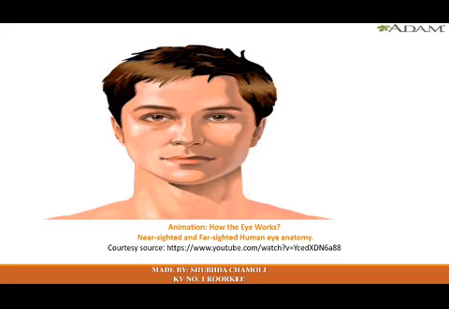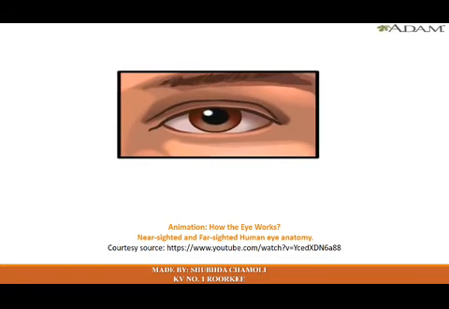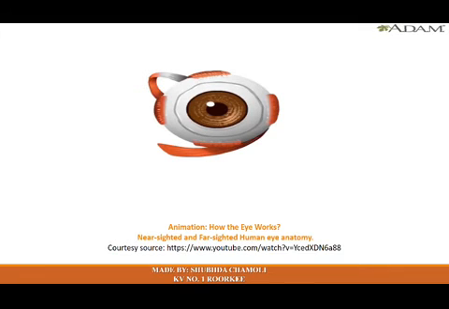Students, now we will see an animation which shows how eyes work. Vision is the dominant sense for most people with sight. The organ of sight is the eye. Think of it as a slightly irregular, hollow sphere that takes in light and translates it into images. If we enlarge the eye and look inside it, we can discover how that's done.